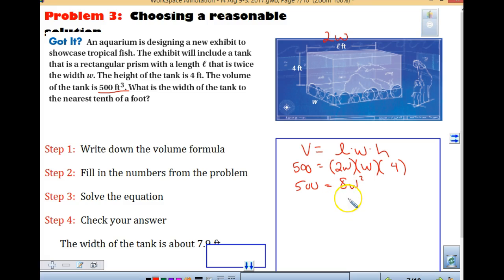I am going to do what with my calculator, Avery? Divide by 8. Please do that right now. It doesn't come out really nice, but it comes out okay. So W squared, I like putting my variable first rather than the number first. What'd you get, Avery? 62.5. That is my width squared equals 62.5, which means W, the width, is going to be equal to positive and negative